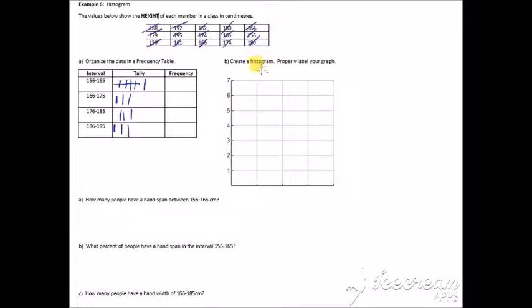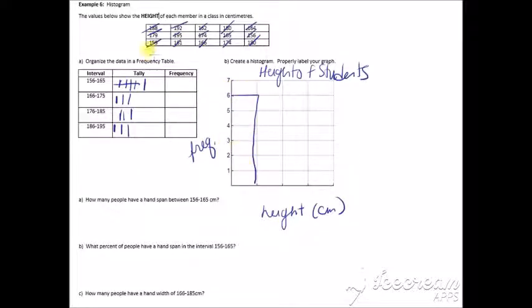So let's go height of students. Okay, so then this is going to be the height, and it's going to be measured in centimeters, and then up the side is going to be, I just put FREQ, frequency. Okay, so, from the frequency, if we calculate this at 6, we have 3, 3, and 3,